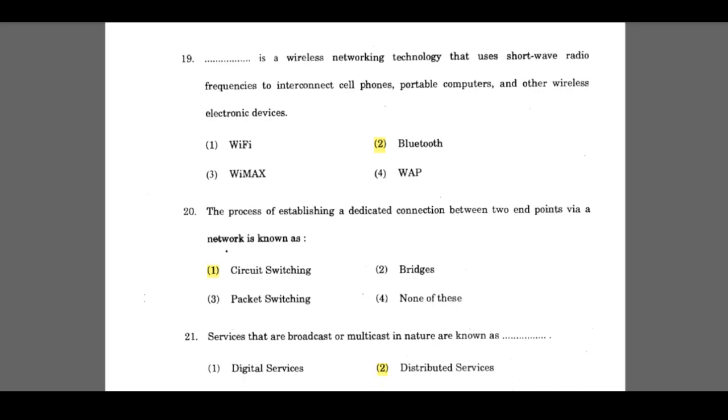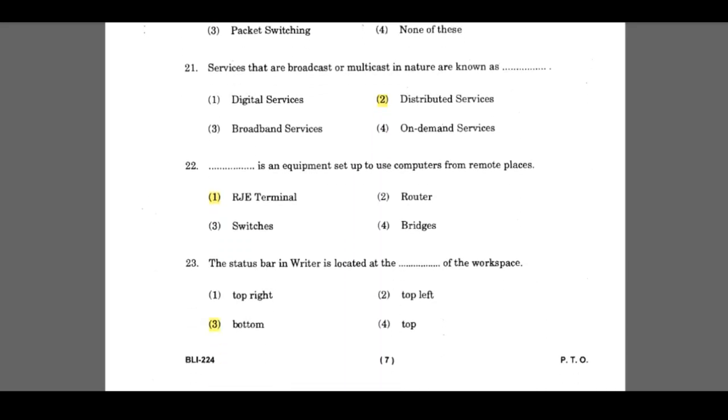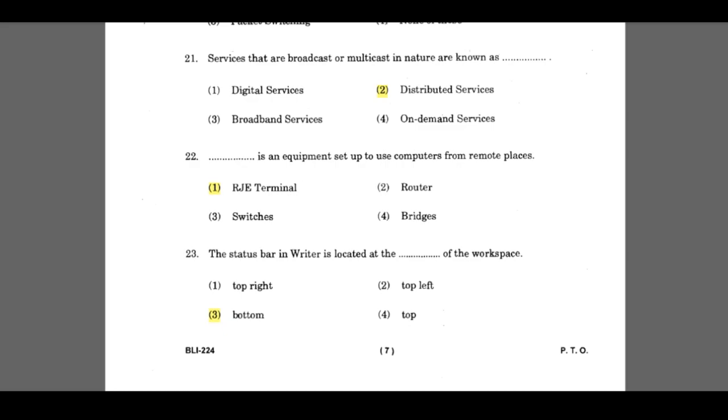Services that are broadcast or multicast in nature are known as distributed services. 22. Dash is an equipment set up to use computers from remote places. RJE terminal.